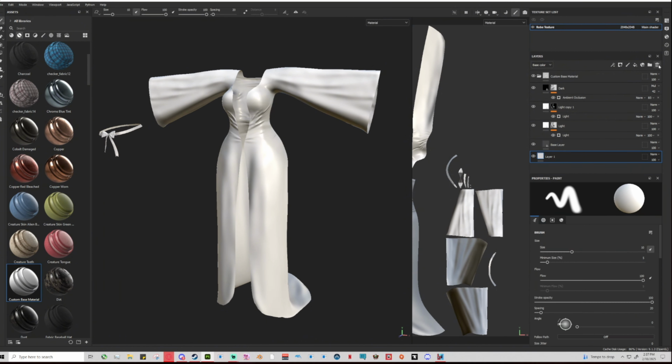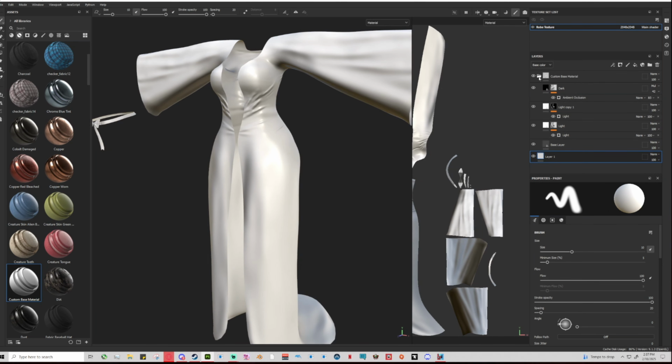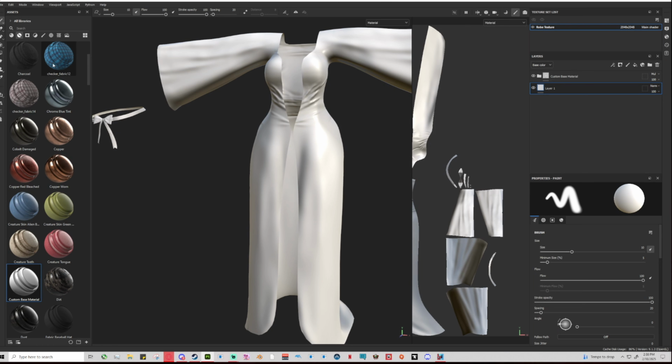So I'm going to delete this layer real quick, because we don't need it. So once you have your base material, assuming that you went through and followed that tutorial, I change it to multiply, so that way I can put other textures below it. So let me show you guys. So if I do normal, and let's say,